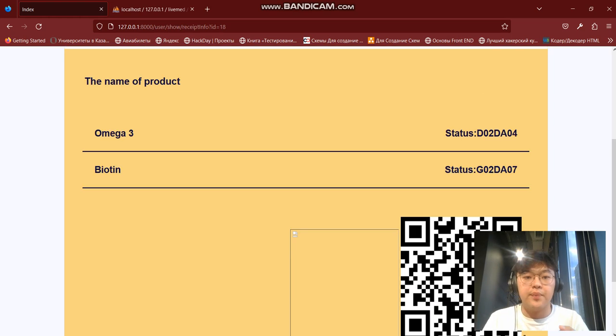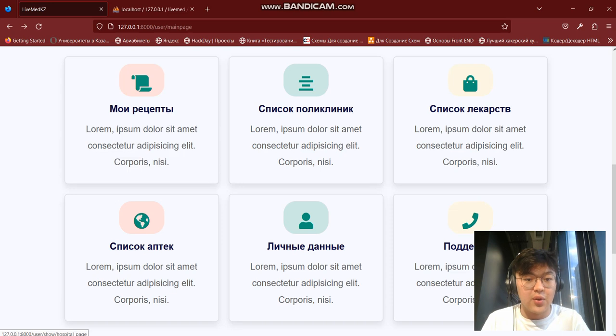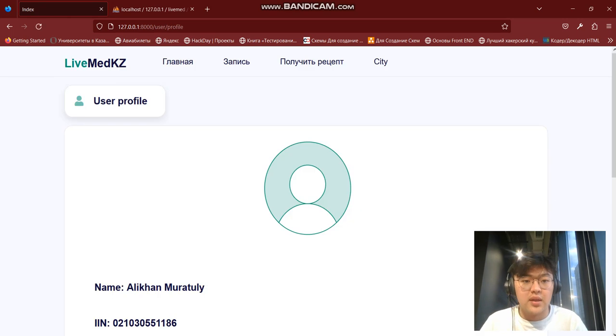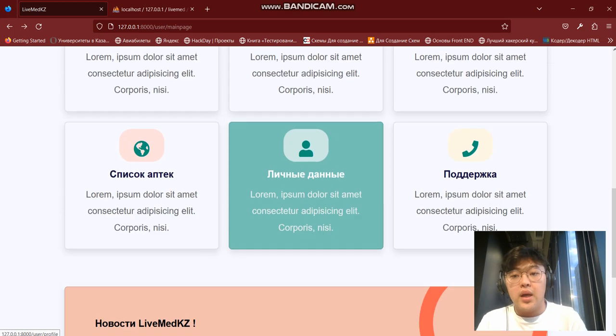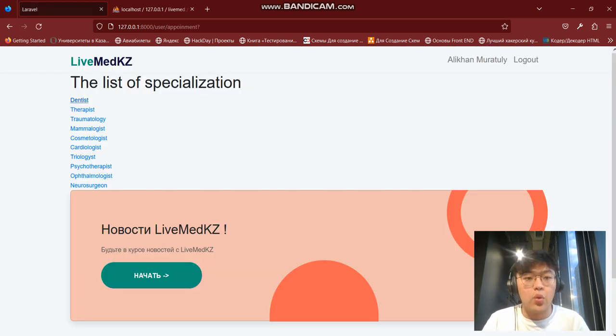the QR code. On this page, the person can see user information: name, date of birth, email, and phone number. The person can also make an appointment with doctors and see which specialists are available to book, for example a traumatologist,